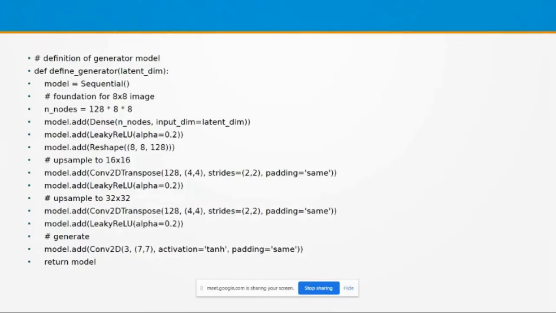But there is no need to compile this model inside this definition, because the compiling or training of this particular model is done inside the training process. The discriminator we have to compile separately, because the training of that discriminator model is outside of this GAN model. That is the reason we include the compilation inside the definition itself in the case of the discriminator. But in the case of the generator model, there is no need to include the compilation inside the definition. But this is the second network.